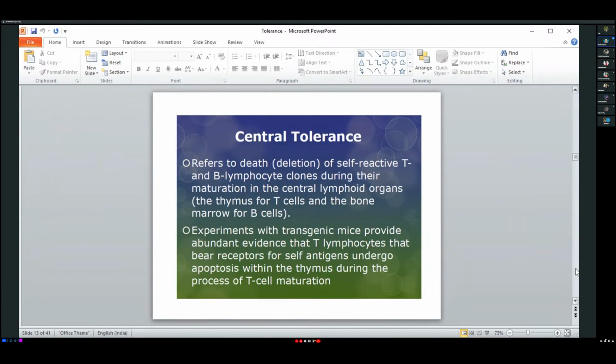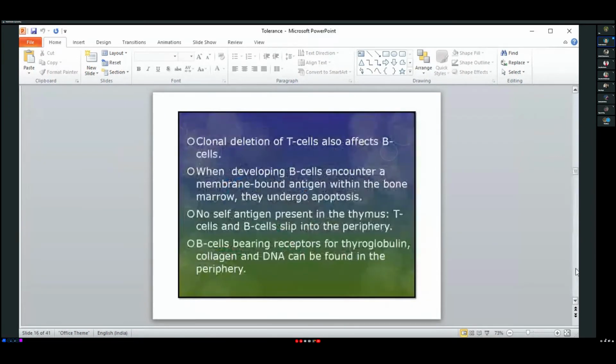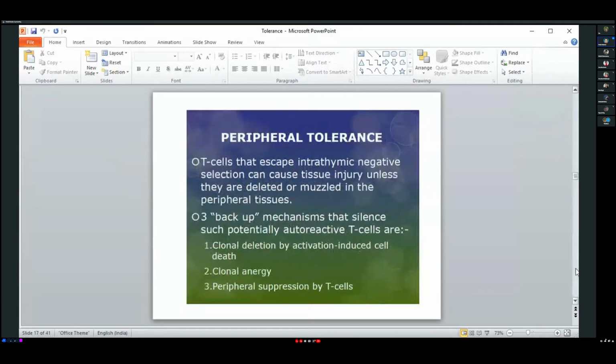যেটা আমি বারবার বলছি যে টি সেলের ক্ষেত্রে থাইমাসে আর বি সেলের ক্ষেত্রে বোন ম্যারোতে ম্যাচুরেশনের সময় সেলফ রিঅ্যাক্টিং টি সেল আর বি সেলগুলো ডিস্ট্রয় করে দেওয়া হচ্ছে। এটা তোমরা প্রত্যেকে জেনেছো। আর পরবর্তী ক্ষেত্রে যে জিনিসটা আসছে খুব গুরুত্বপূর্ণ, পেরিফেরাল টলারেন্স। ধরে নাও নেগেটিভ